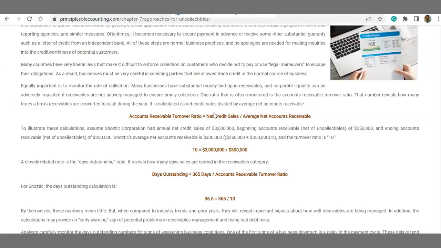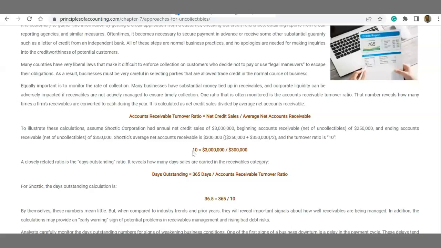Because this net credit sales belongs to the whole year, the last 12 months. You cannot just use accounts receivable on December 31st. So you say last year, December 31st accounts receivable plus this year, December 31st accounts receivable divided by 2 will become an annual average of accounts receivable. So now here is annual and here is annual. So apple to apple, you divide net credit sales by net average accounts receivable, and that gives you a number,